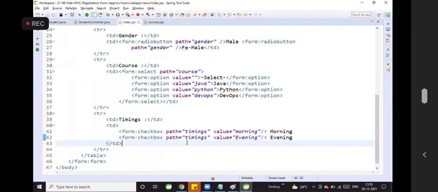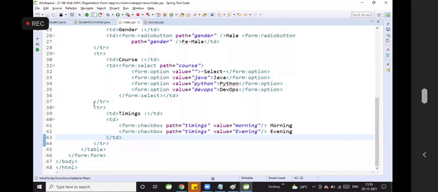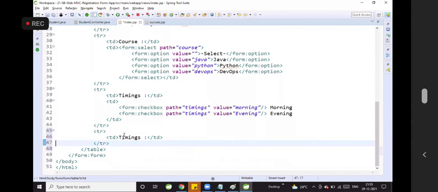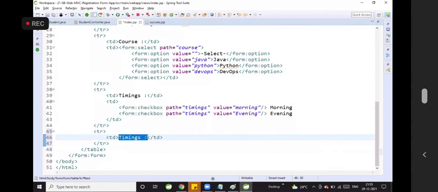All right. Fine. We need to have here one button. I will give one single button in the single TD. So to display a button, I'm writing input type is equal to submit, value is equal to register.